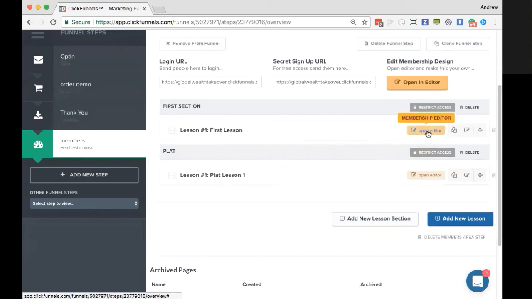Now, inside the membership area, we set up our button for a one-click upsell inside the first membership section, just by opening up the editor and following the procedure for setting that up. I'm not going to do that on the webinar because it'll take more time than we actually have left to walk through. I'd rather get a help desk article about that that'll walk you through in detail, because it's actually a pretty cool option. Then they click on that and they'll be able to access that Platinum area.